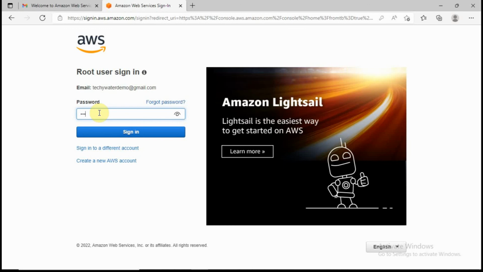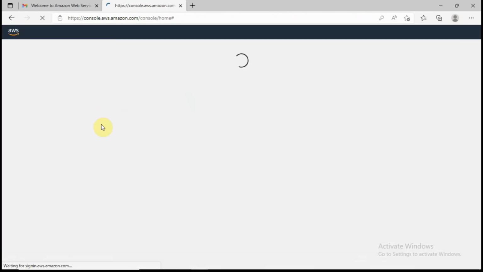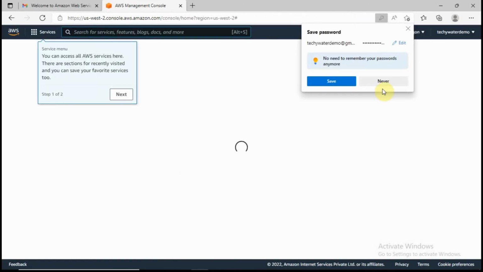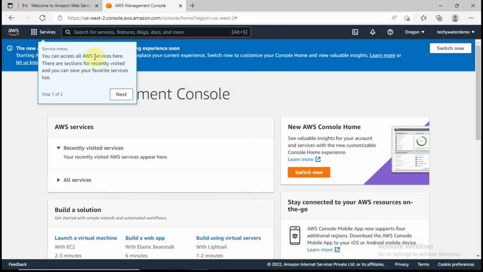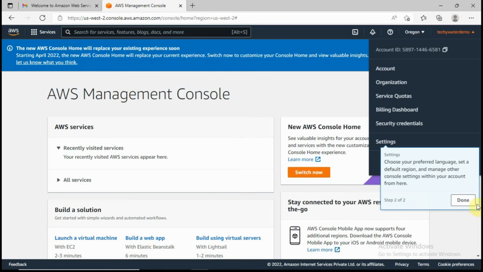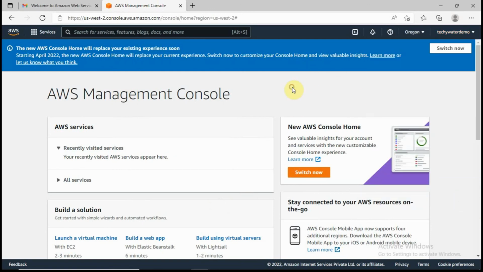Enter your password. Here it will let you log into your account, but to get it fully active, just wait for 2 to 3 hours. And once it is active, just come to your home page, like this is my home page,